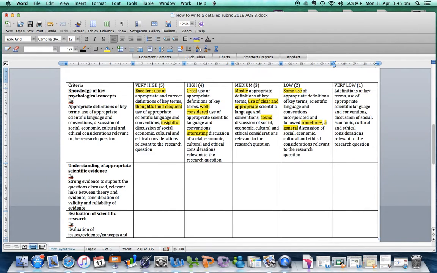And then here we get nasty. Little reference to definitions of key terms, scientific language and conventions, either not shown or used incorrectly and or out of context, and a little mention. Okay,